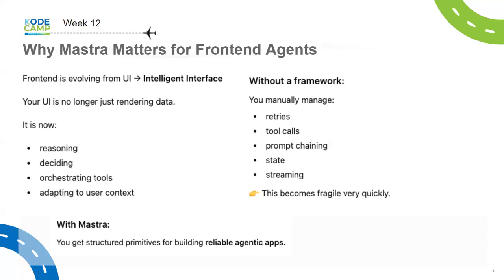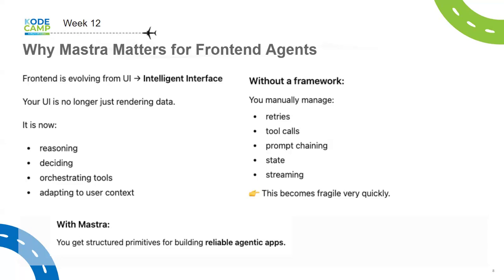Then tool calls. Remember when we're doing tool calls manually with our prompts, we had to track everything. When the LLM returns a tool call request, we would have to go invoke it, get the response, and send it. When we send it, we have to check the response from the LLM again, whether it is a final response or whether it is still another tool call. And we have to keep doing that. So imagine having to manage that at scale or on every single project that you have to write. You have to go and redo all of that.